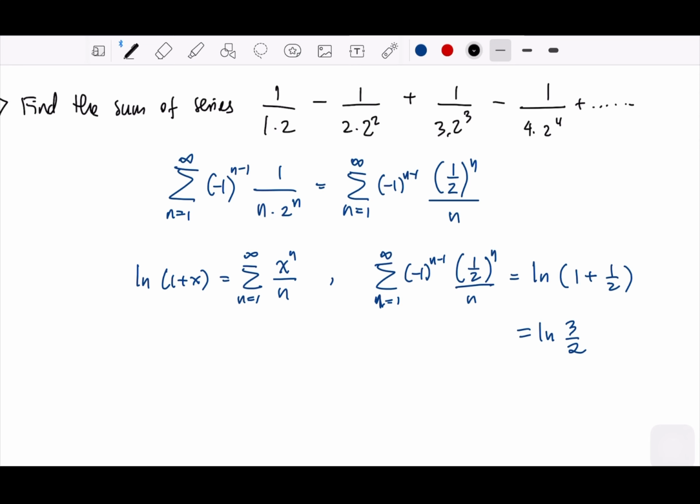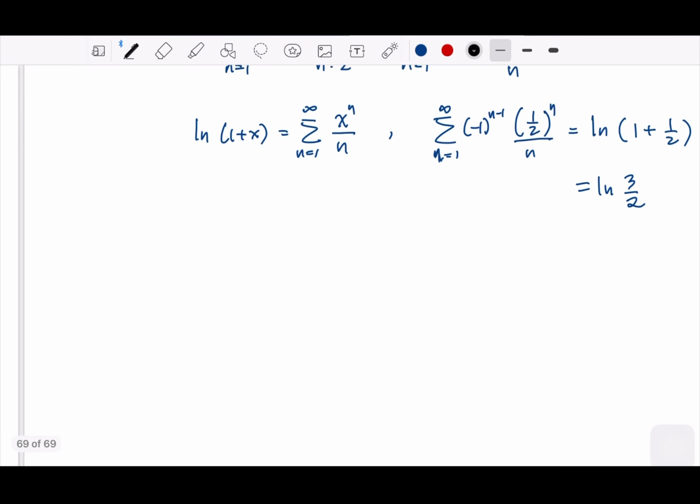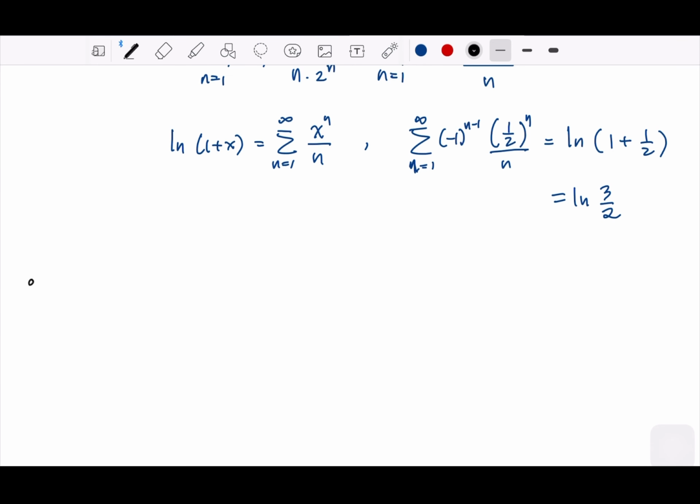So first, find the new power series. Find the representation of the function from the new power series, and then find the sum of the series, in which we need to have some convergence value. And the other way, we can find the limit problem. Okay. So for example,